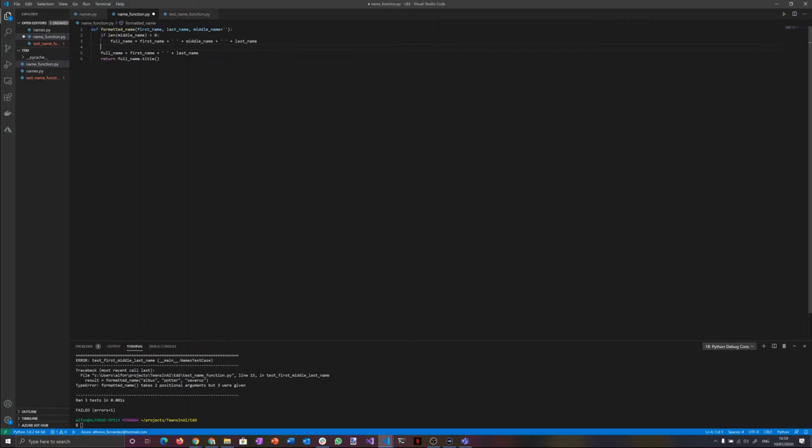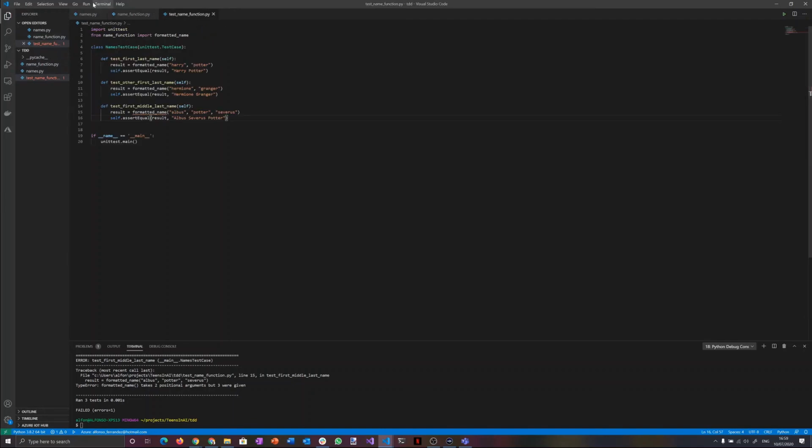However, if there is no middle name, then I do what I did before, because the code doesn't change. And the full name title is still the same, because all it does is capitalize every word within the string. So let's go back to our test. Let's save this again, and you'll see that it's no longer red, because now formatted name has the right number